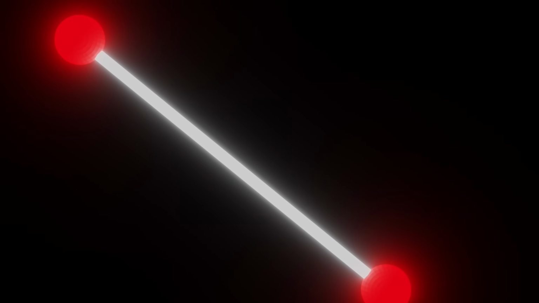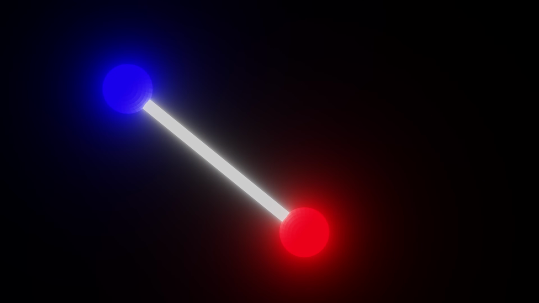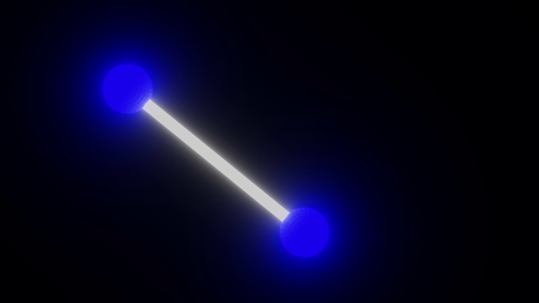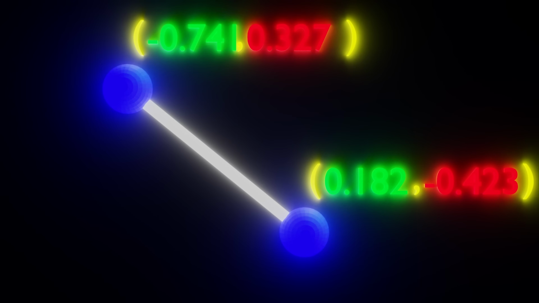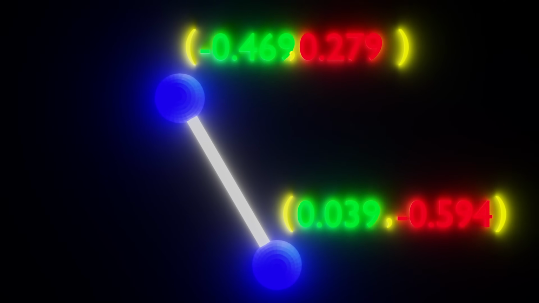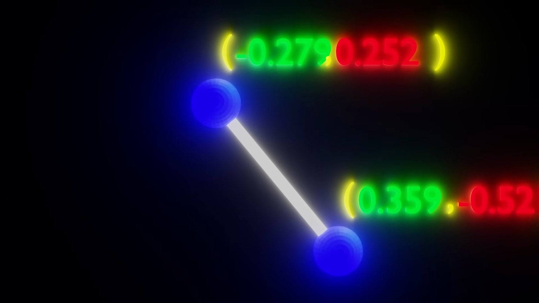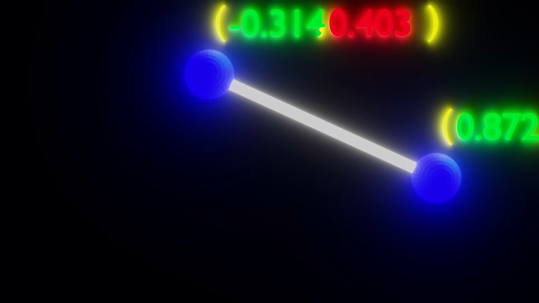Well, let's start by adding some numbers. We'll start with 2 points, the point A and point B. Both of them would have some coordinates, the x-coordinate and the y-coordinate. I'll just move them around a bit so that everyone would get how they work, because I believe that graphically it makes more sense than explaining it.